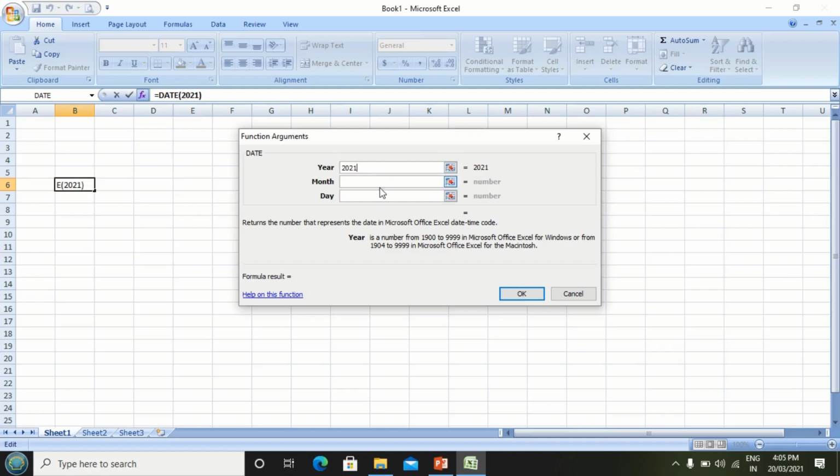In month, this is the month of March, means 3rd month, so type 03. And day, today's date is 20th, 20. As like you can enter the different values for different arguments. And finally click on OK.